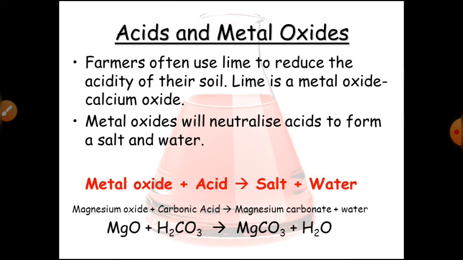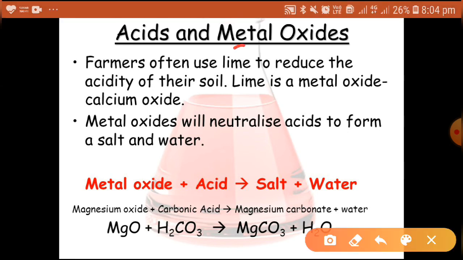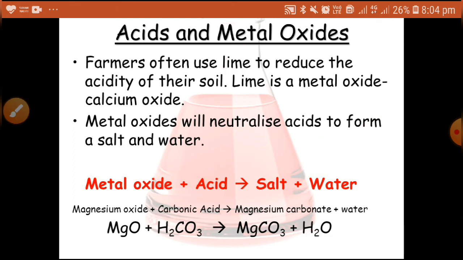Here also you can see acid and metal oxides are used by farmers. See, acid and metal oxides react with each other to give salt and water. It is a type of neutralization reaction. So farmers are also using this technique because farmers require neutral soil for proper growth of plants. If soil is acidic or more basic, then the plants will not grow properly. Plants can die. So therefore farmers use lime, that is calcium oxide. Lime is nothing but calcium oxide, used to neutralize the acidic nature of soil.